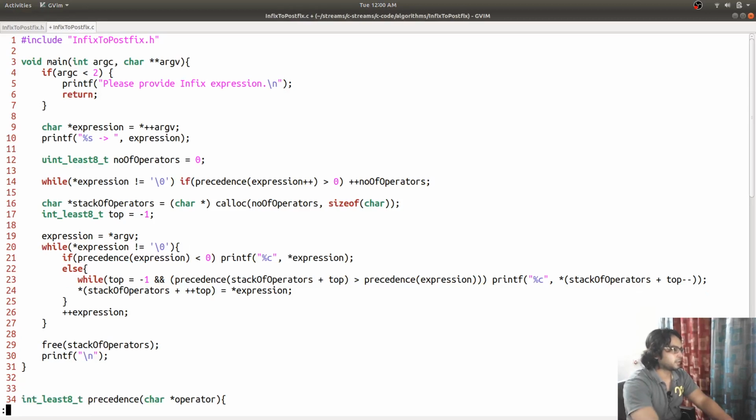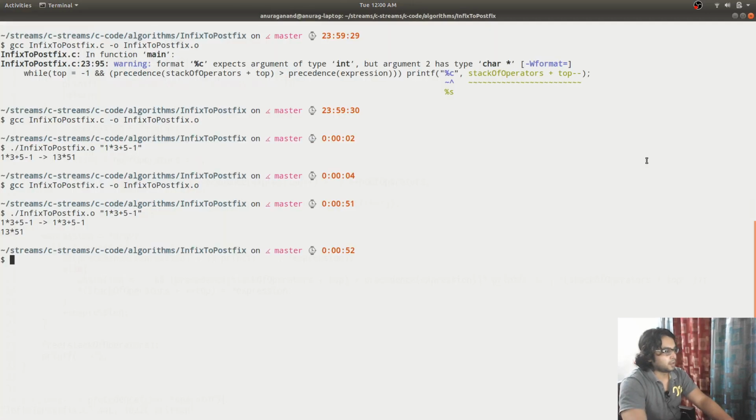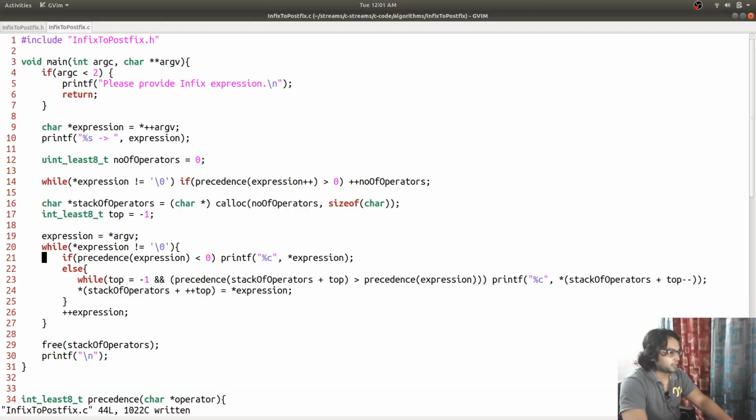It is correct. We are printing all the operands.